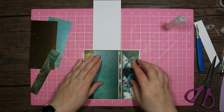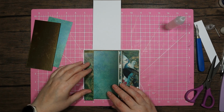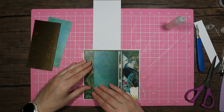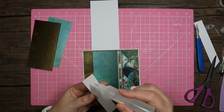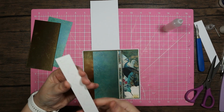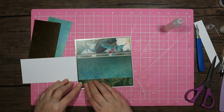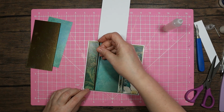so just putting that in with an equal border around. Let's see, do you want that that way, or do you want that that way? We'll be coming over just a tiny little bit, and then I will put something on there to join. I think we'll go that way up. So usual glue again, all purpose, tacky. Just going to turn this around. I'm just sort of looking at that gold border around the outside, just trying to make sure that I've got that looking right. So then what I can do is just, I think one of these strips,